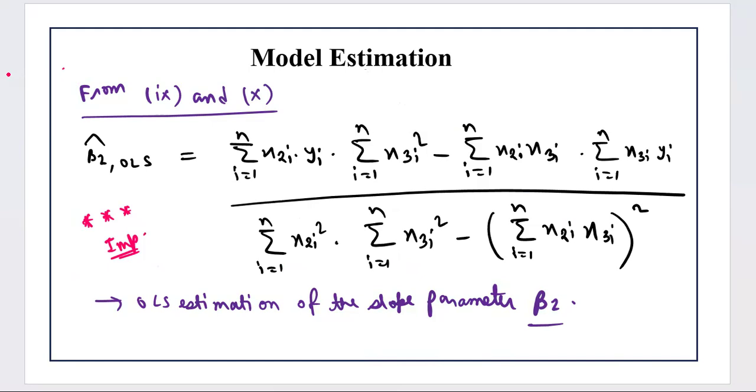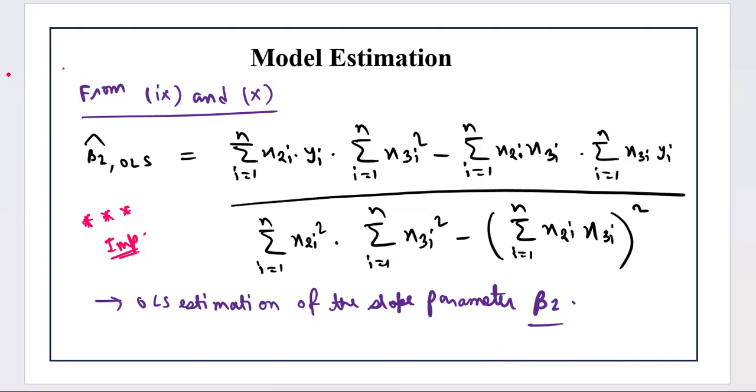This was the main agenda, the main intention behind this video, that I want to clear everything out so that you don't have any doubt anywhere and you don't have to memorize anything. You have to just follow the process. Econometrics is all about following the process, structuring everything, and going by logic, right? So we have step by step understood how to find out the estimated value of the slope parameter and the